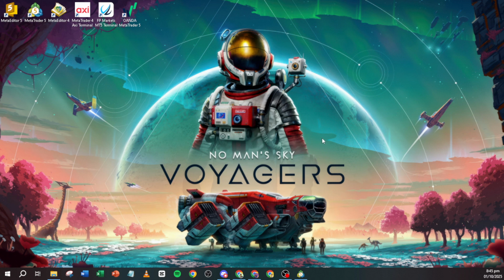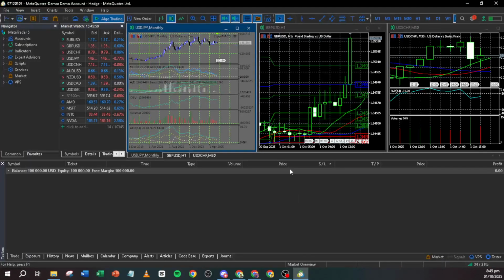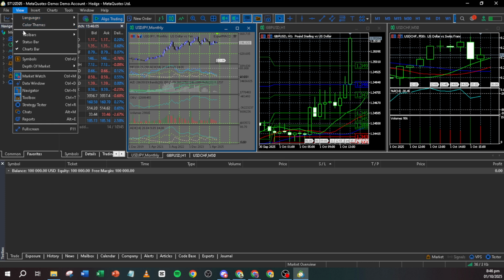First, you'll need to open up your MetaTrader 5 platform. Once you're in, direct your attention to the top menu bar. You'll see several options there, but for our task, we're going to focus on the View menu. Click on View, and from the drop-down menu that appears, you'll want to select MarketWatch. This will open up a new window or section within your interface, which is essential for the next steps we'll be taking.